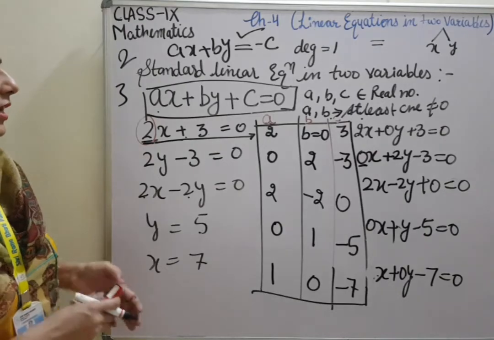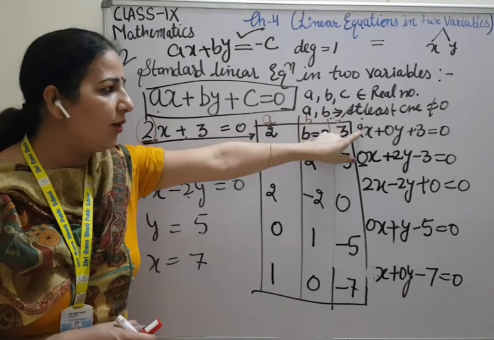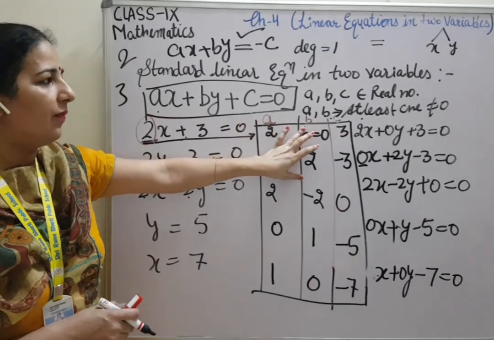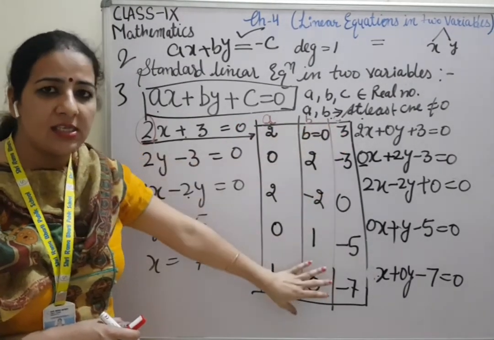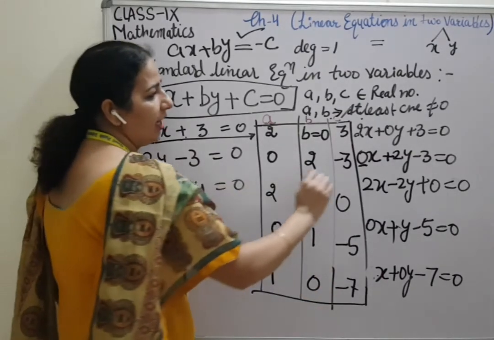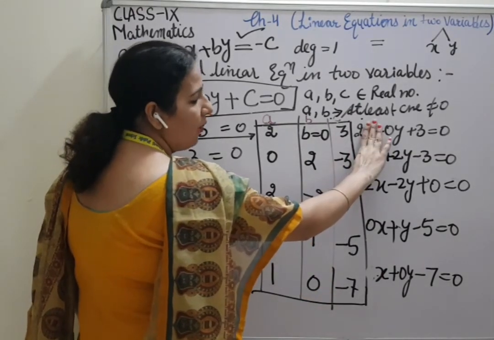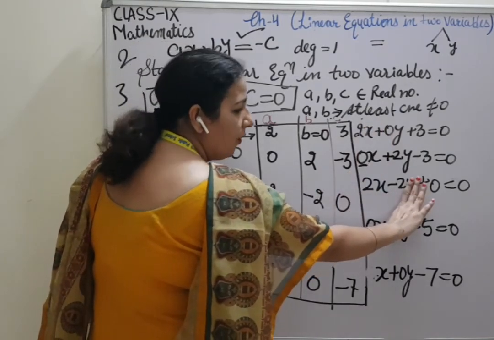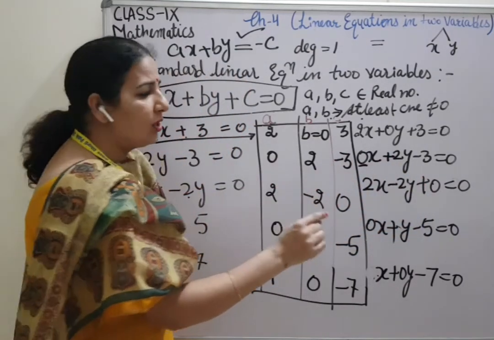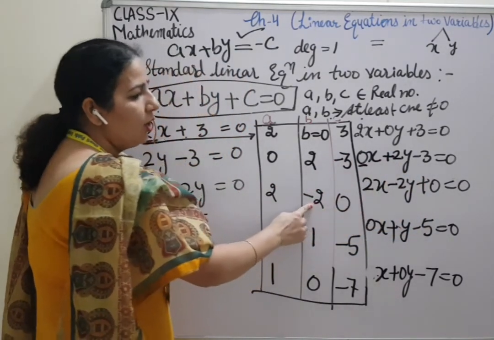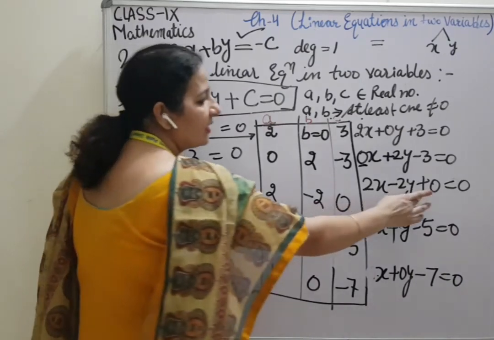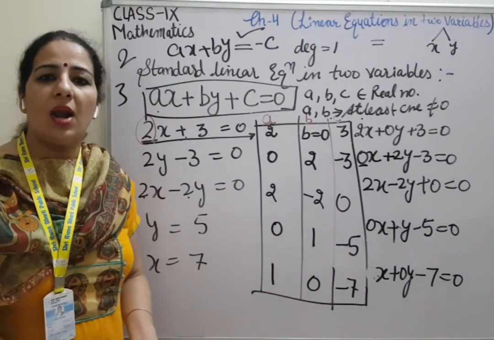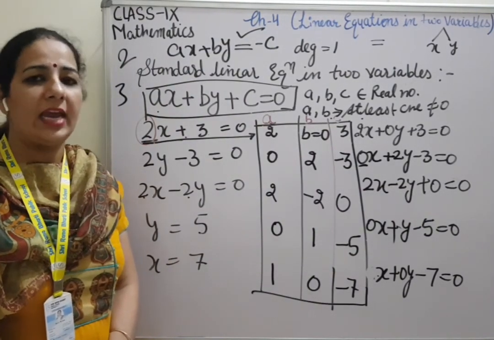And how will you calculate the values of A, B and C? By reducing in the standard form. Then coefficient of x is A, coefficient of y is B and the constant part is C. For calculating the coefficient of x, just hide the x. What is left here? 2 is left. Calculating the coefficient of y, hide the y. What is left? 2 is left or minus 2 is left? In this part, minus 2 is left. So the answer will be minus 2. Similarly, the constant part is 0. So I have written here 0. So this is all about how you calculate the values of A, B and C.